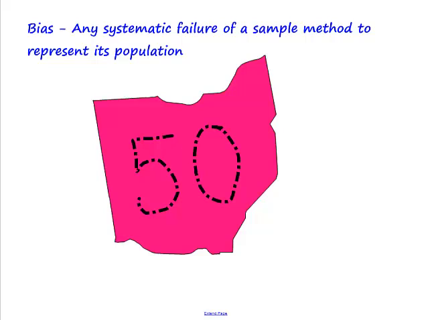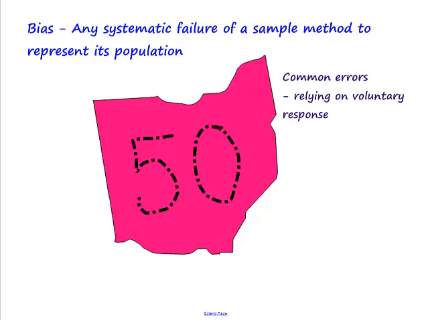Now would be a good time to start talking about bias. Any systematic failure of a sampling method to represent its population is bias. Biased sampling methods tend to over or underestimate parameters. It is almost impossible to recover from bias, so efforts to avoid it are very well spent. Some common errors include